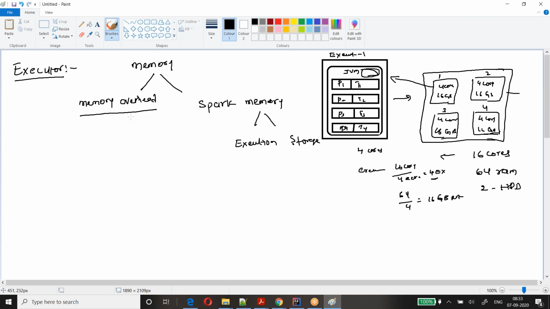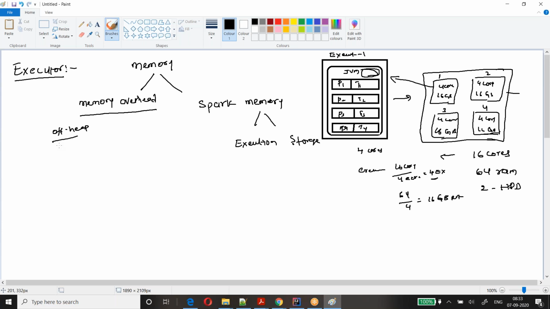So what is this off-heap memory? I have used the word off-heap memory. We'll talk in detail about it. In recent versions of Spark, they are using off-heap too. Earlier, all the objects used to be stored in memory, and it was a burden on the memory. So they took out some part of the memory and said that it's off-heap. They will store only the necessary part there, and whenever it is required, they will read from the off-heap, also while doing serialization and deserialization. We'll talk in detail about it later.